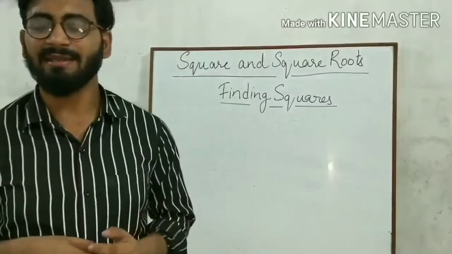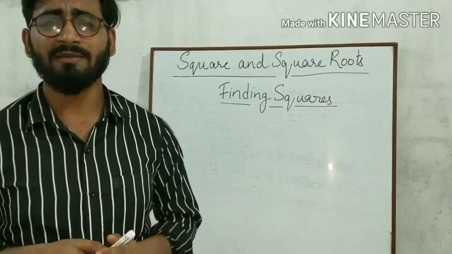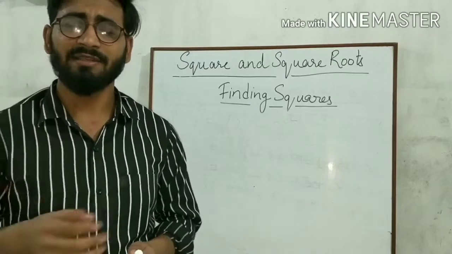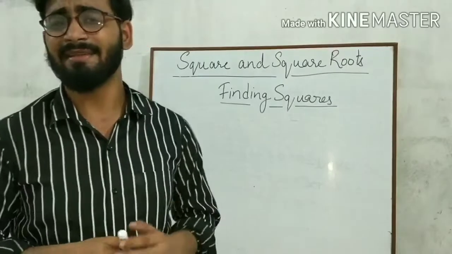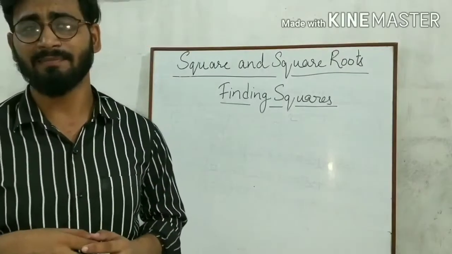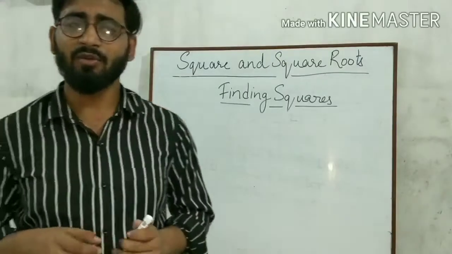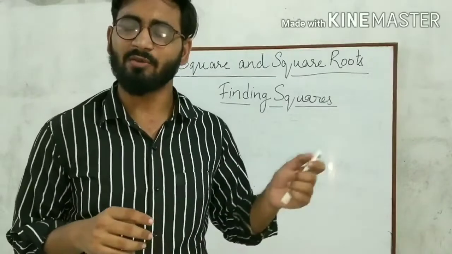You might be thinking it is very simple. Suppose you want to find the square of 23. You just multiply 23 with 23. But if you do it like that, there is a chance of mistakes, and it is a lengthy process. So today, we are going to discuss an easy way through which we can find the square of any big